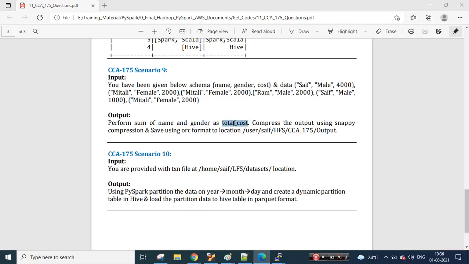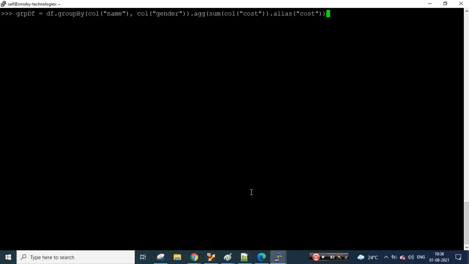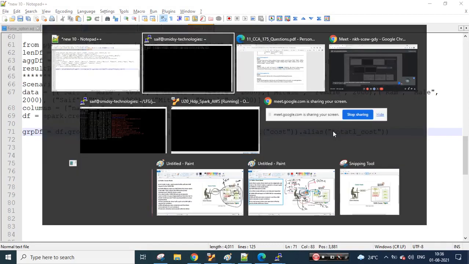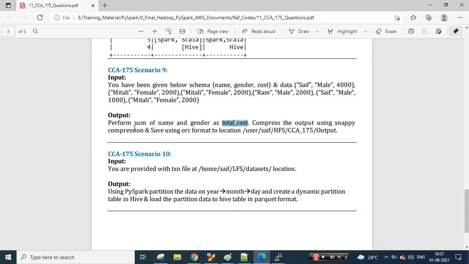We should have aliased this as total cost. So let me go back and change this. There was a typo, it should have been total cost. Let's change this over here as well. Okay, so done. And finally what I need to do is write with snappy compression